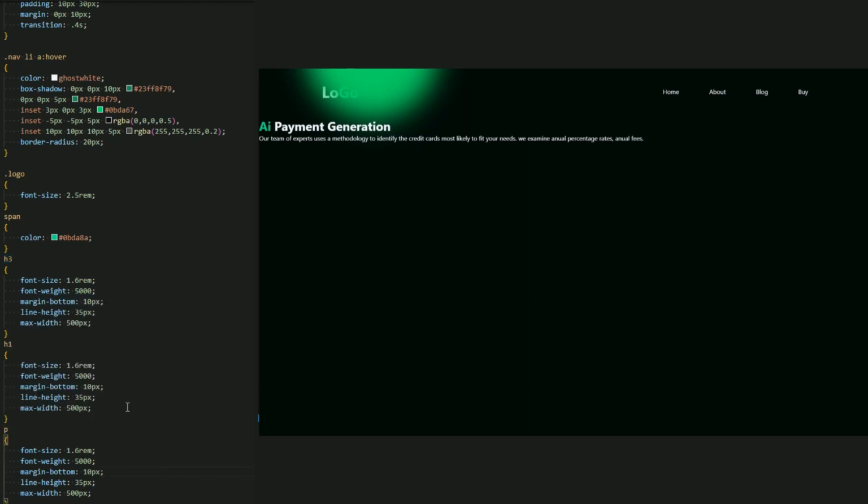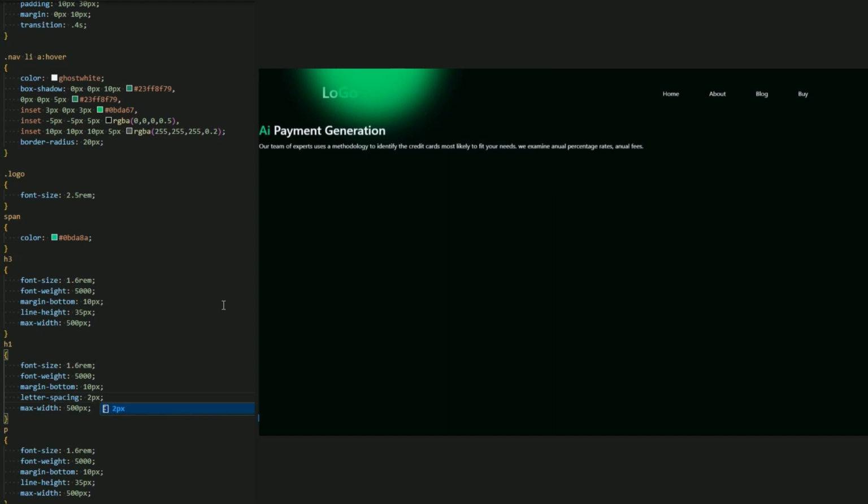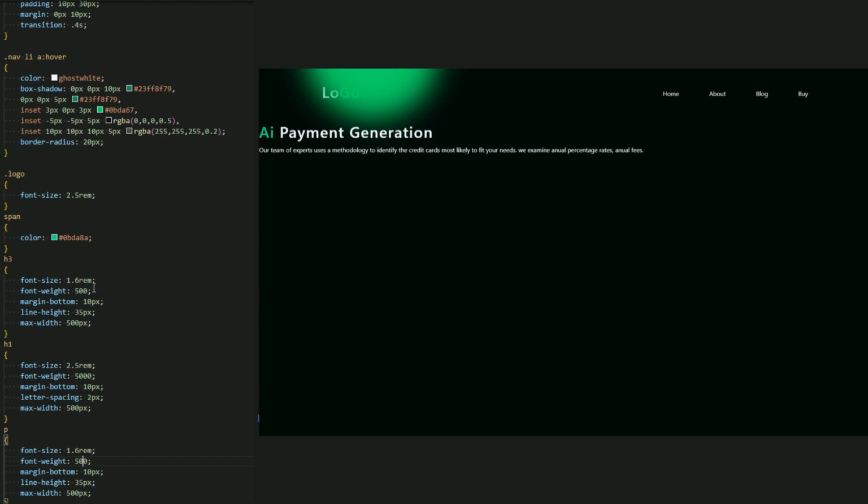Now for the H1, let me add a letter spacing instead of line height. Letter spacing just 2 pixel to add space inside the words of the H1, and the font size will be 2.5 rem, just like the logo font size. I'm sorry, font weight 500.